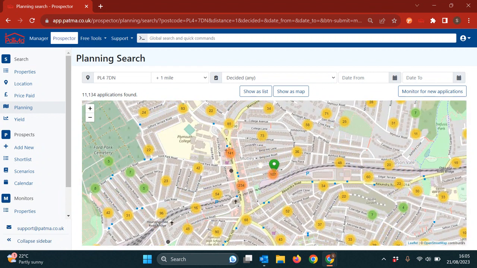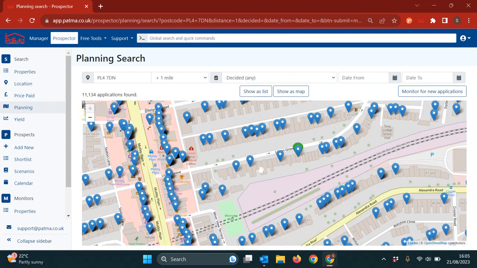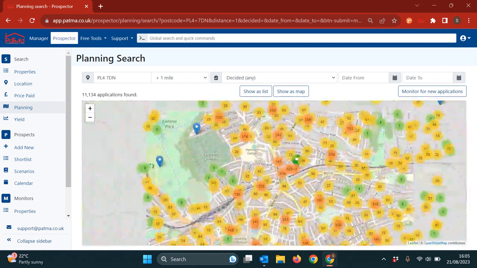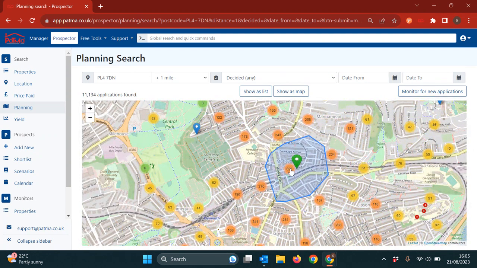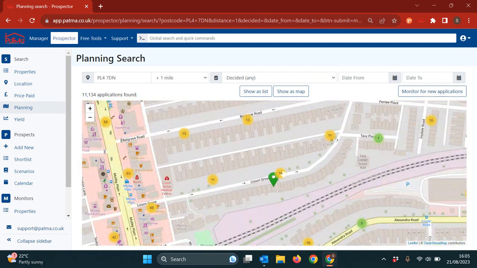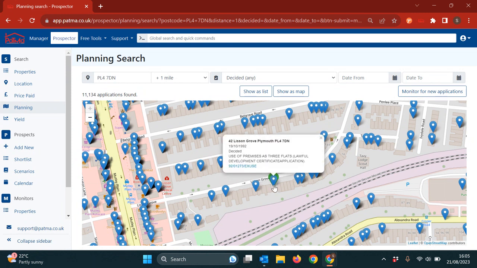And I can actually click on those circles, and every time I do, they're going to break out to show me what's happened, and we can see that there is a hell of a lot that has happened in this area. So if I just drill down right next to my target area, I can show that I can click on very specific. So this is a few doors down from the property where my property is, and I can see that